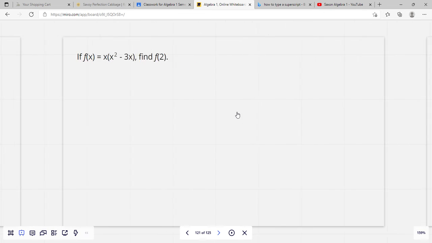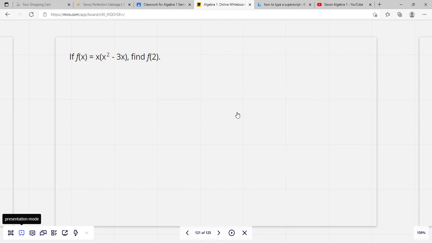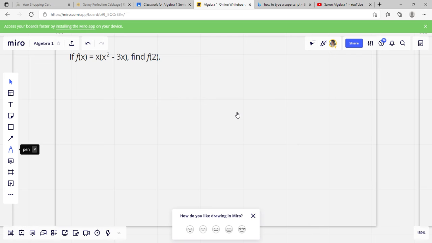Now when it's in function notation, it's just written differently. This looks confusing at first, but it's really not. It's exactly like we've been doing. So if f of x equals x squared, that's the exact same equation from the last problem. Find f of 2. So we just have to look at this x, right? And then that represents all these x's in the equation part. And this 2, whatever f of x, f of 2, that means that 2 is going to replace all those x's, right? So if we have f of x equals x times x squared minus 3x,